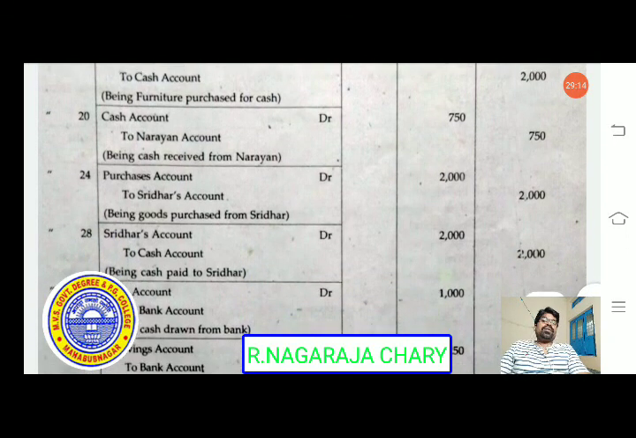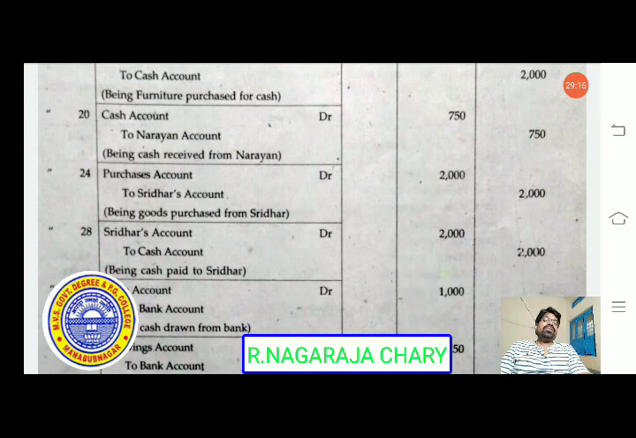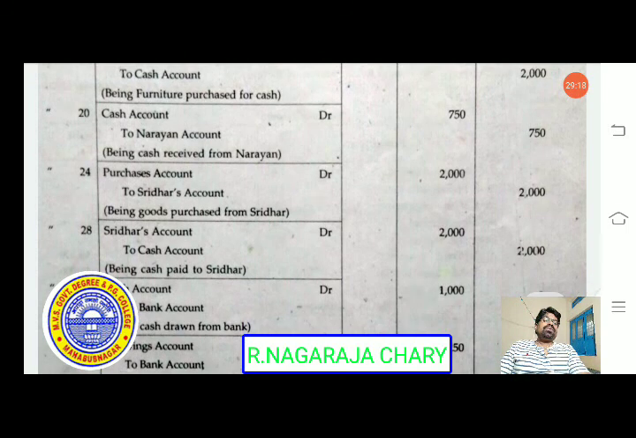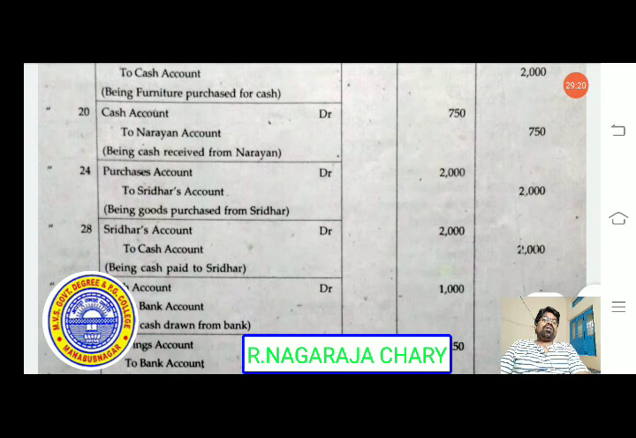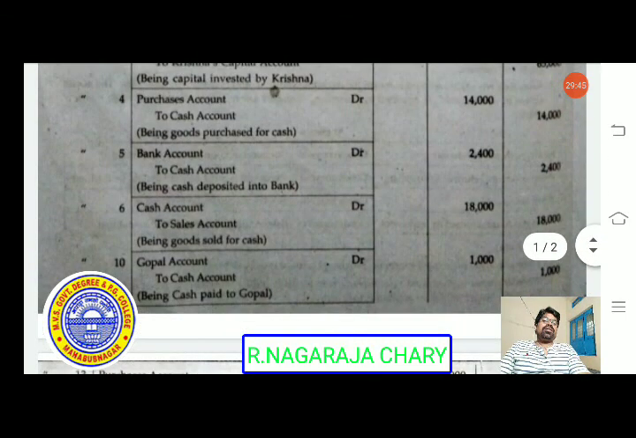In the same way, on 24th, purchase account debtor to Sridhar account. Here purchase comes under nominal account, Sridhar comes under personal accounts. So here being goods purchased from Sridhar, when goods are purchased from Sridhar, then the journal entry is to be recorded. So purchase account debtor to Sridhar account, that is on 24th. Next, on 28th,